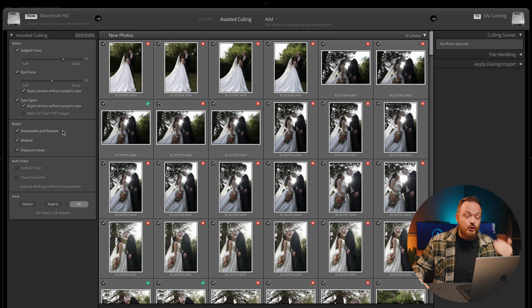But underneath that, you've also got a reject section as well, and you've got 3 buttons. So you can reject documents and receipts, misfires, and exposure issues. Now, misfires are probably the most helpful for a wedding photographer. I'm walking around with 2 heavy cameras. Sometimes I accidentally press the shutter button, and I'll be taking a photo of the ground or taking a photo of my feet. Well, Lightroom should be able to detect that, and if you go ahead and turn that on,